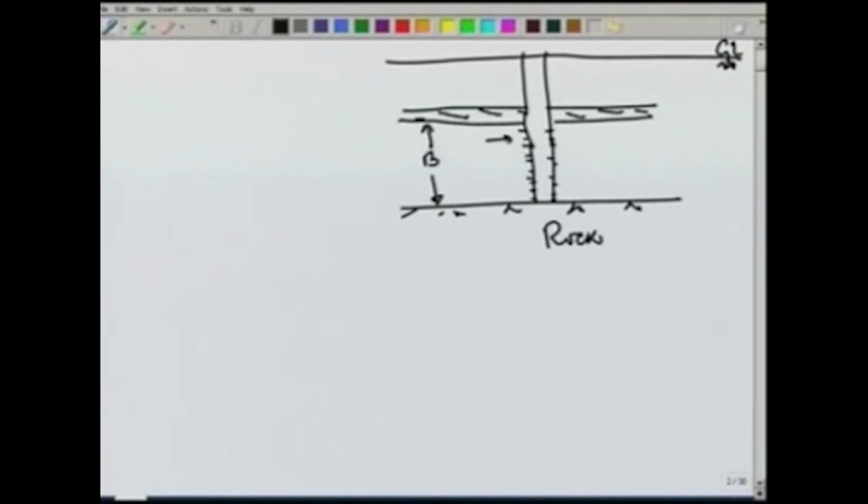So, water can come in this well throughout this thickness, and there is no water entry from above the aquifer. We have some pumping rate, let us call it Q,